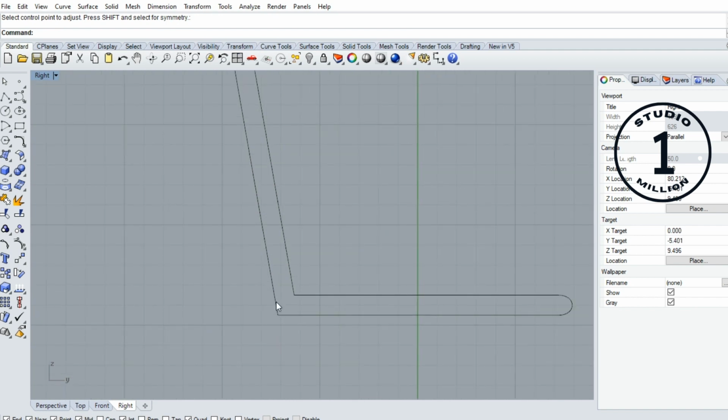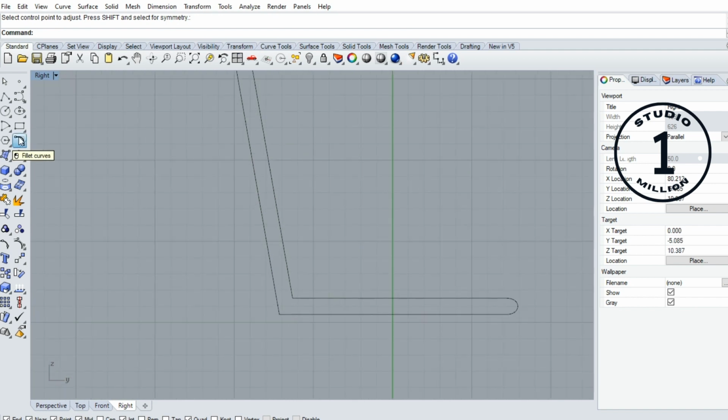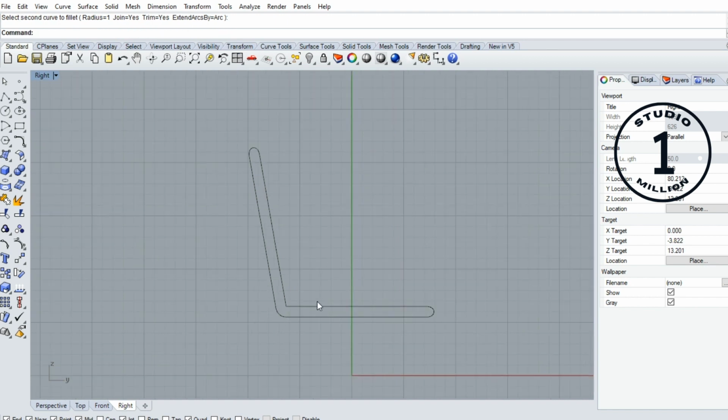I want this edges also to fillet. Select this one. Radius 1, enter. So this one. Okay,